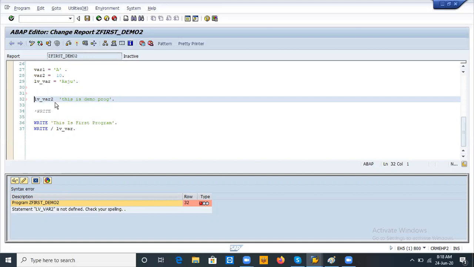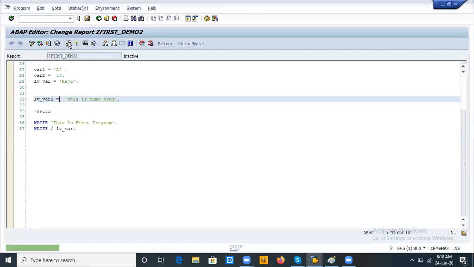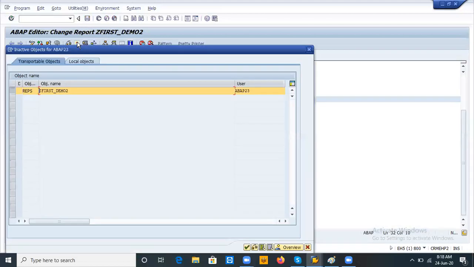See, but the equal operator should be here, right? But the cursor is saying it at the line before. So wherever you are getting an error, the cursor goes directly to the line before. No need to go into the text, no need to check each and every time. Okay, just keep it in mind. Check syntax again and activate it.